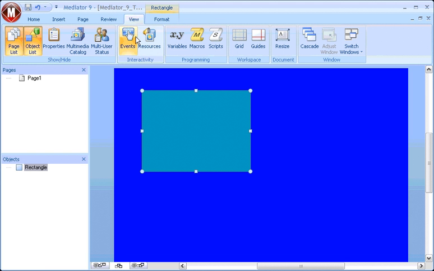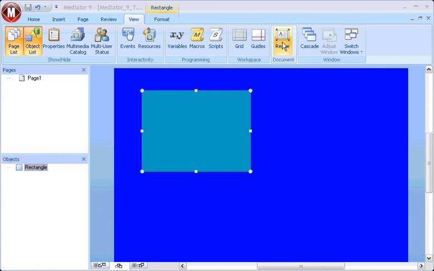Under the View tab, this gives us a little bit more flexibility to view the individual elements of the interface, such as the page list, which is listed below. If I selected the page list, it will disappear. If I want to show it, I go ahead and select that again. The multimedia catalog we will demonstrate later on. This is where all of our multimedia assets are stored. We already talked a little bit about the events and the programming. We also have the flexibility to help with the layout of our design by using our grid, our guides,